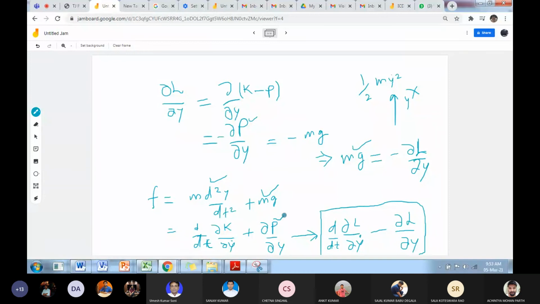And this term is equal to negative of this term. So this is defining totally the Euler-Lagrange equation. So here this term is defining the फंक्शन. ओके,